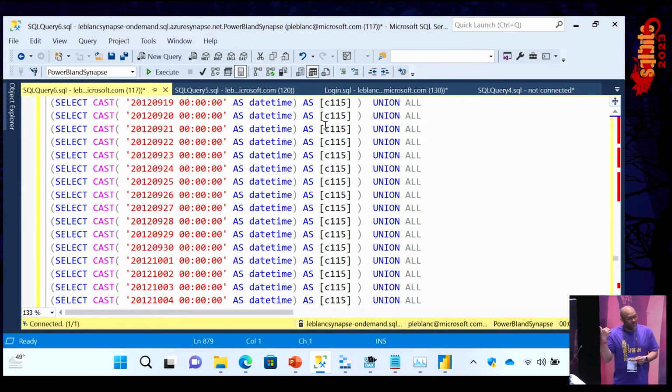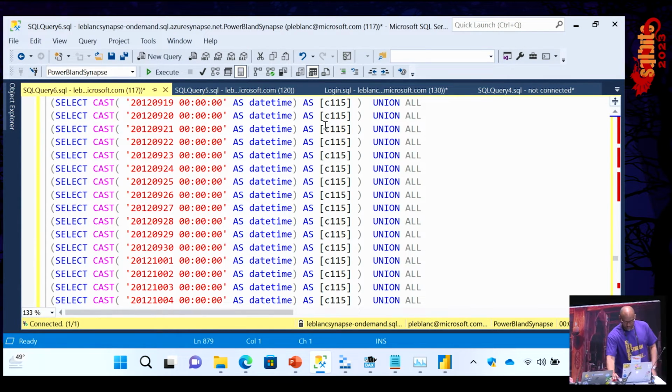But what Power BI is doing, I'm using time intelligence. And when DirectQuery in Power BI was first introduced, time intelligence wasn't supported. So many people complained, so Microsoft said, okay, go do it. And this is what they gave us, right? So be very careful if you're using DirectQuery. All I'm doing is saying, give me the same sales from last year, same period last year, and it's producing this insanity that you see here.